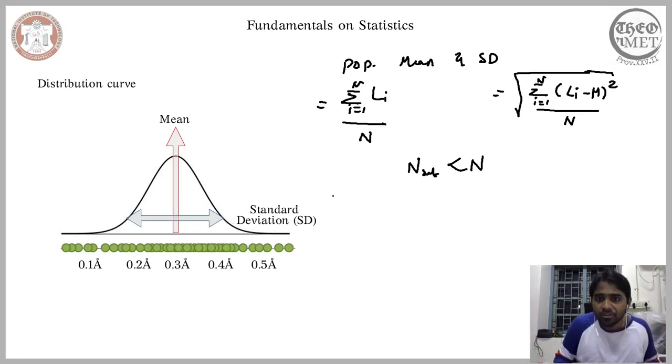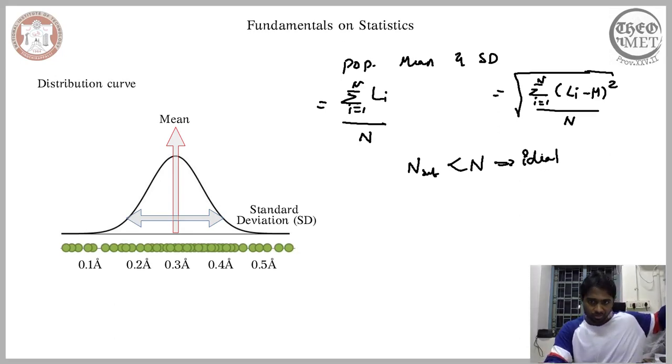So when you describe the population mean and population standard deviation, the n described here is an ideal size of the population. Even though we started off assuming that the n that we have is suitable for arriving at this distribution curve and accurately estimating the mean and the standard deviation,